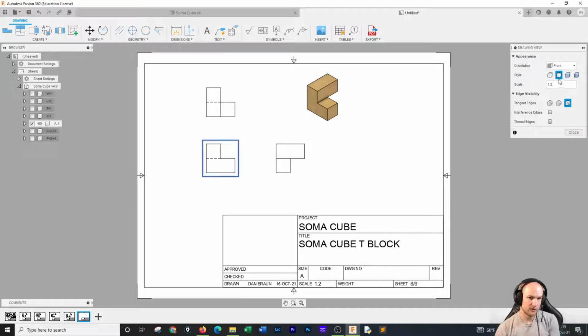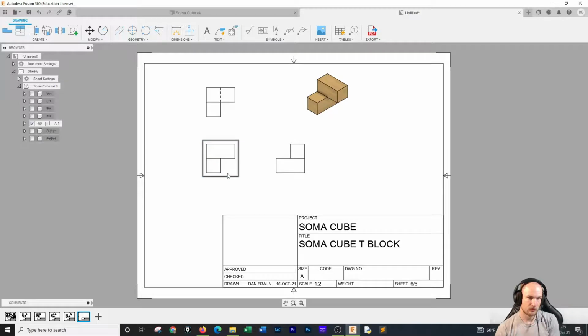Let's see, do I want this as the right side? And that's on the bottom. We're going to go with this. That wouldn't be a bad front view either. I can't win no matter what I do, so